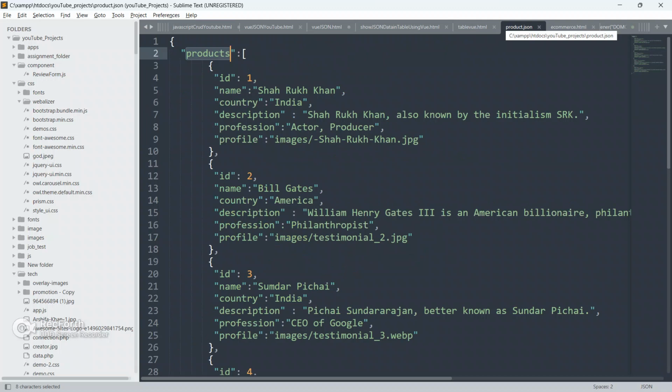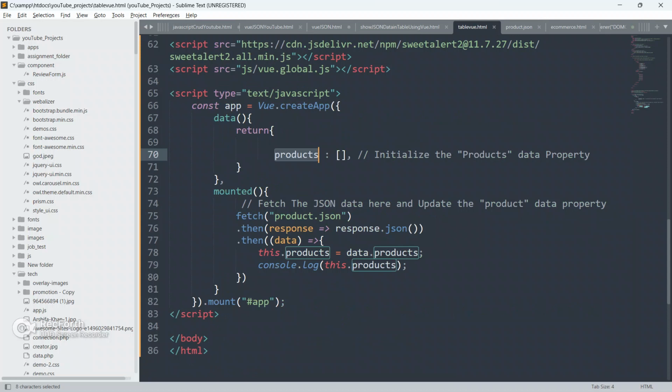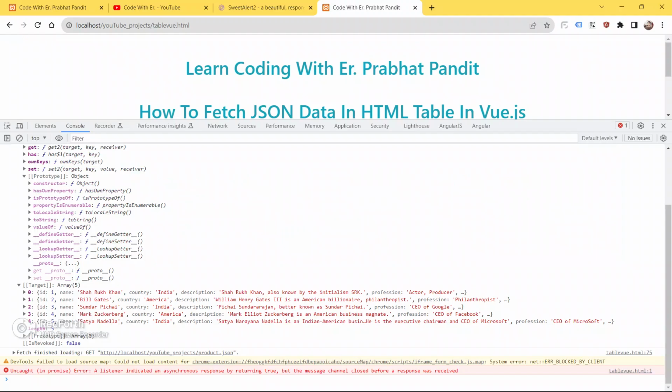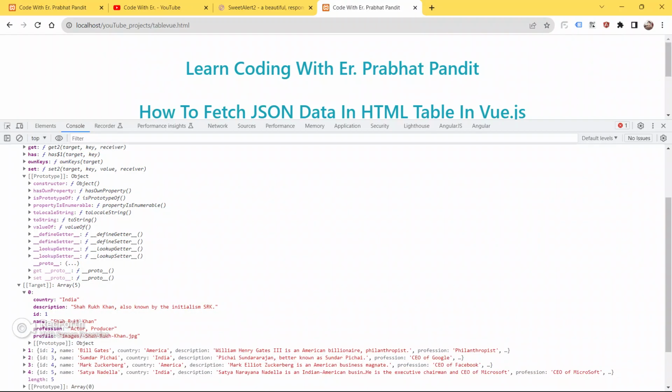So now all the elements, all the objects from the products array are inside this.products array, and we can loop through them easily by using the v-for directive.